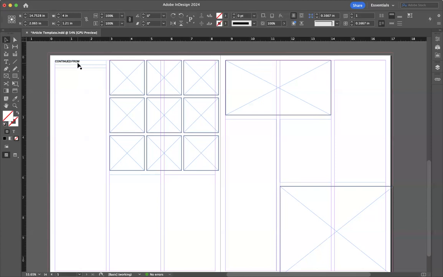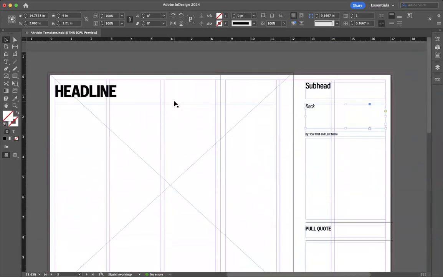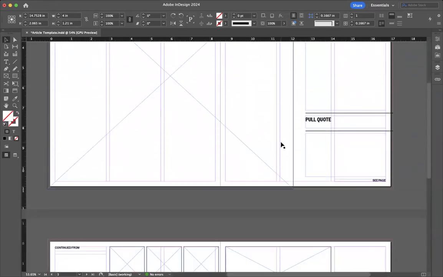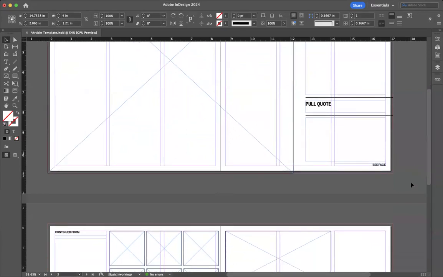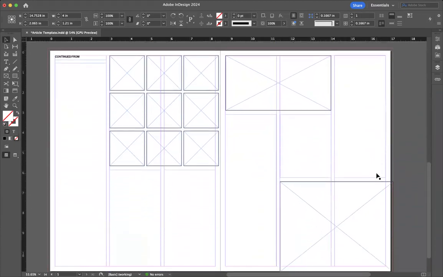But in this case, the way I have this set up, this would be 4 pages that are right close to each other inside of the magazine. Okay. But even if they are close together like that, you still have to have that jump line that's going to tell you, hey, go to page X, Y, and Z, and you'll get the rest of the story from there. Okay, and then again on page 3 and 4 here,